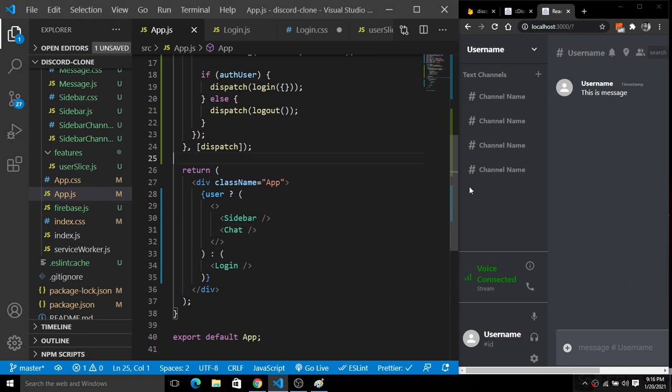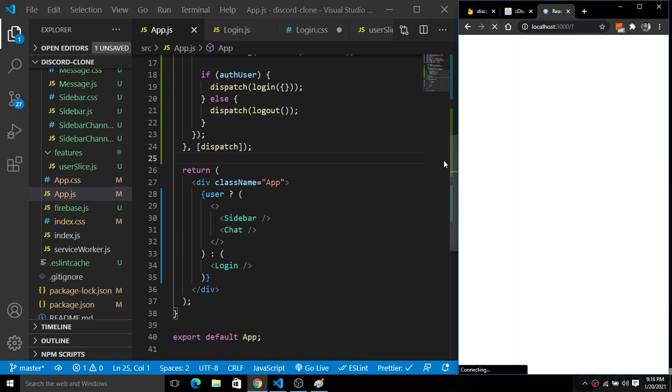So okay, let's refresh this. Okay, so as you can see, we have refreshed this. As you can see here, we have not authenticated the user, so that's why we are thrown back to the login page here. You can see we are back to the login page. So let's go to login.js.